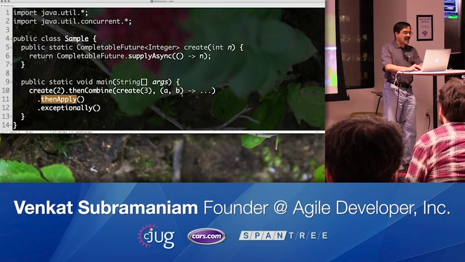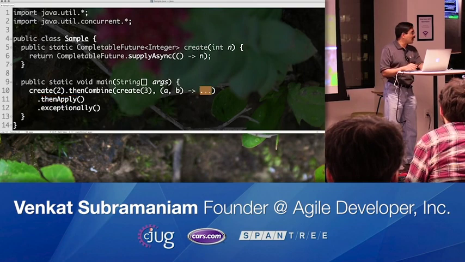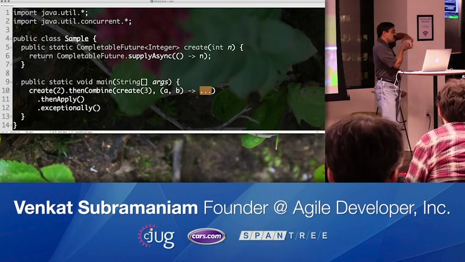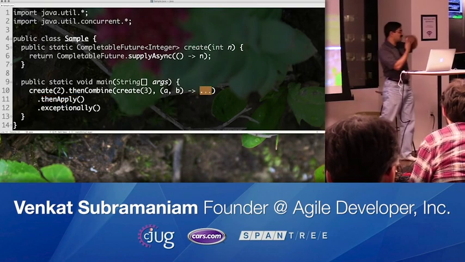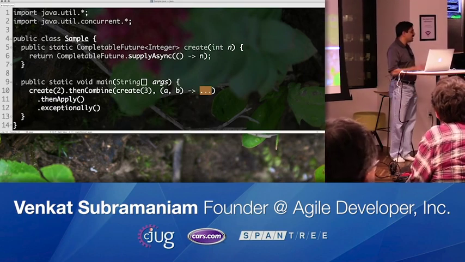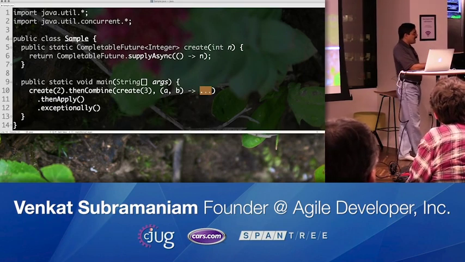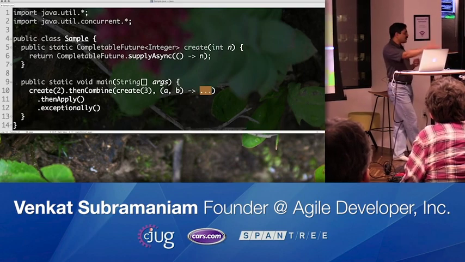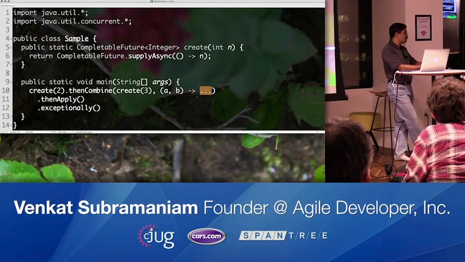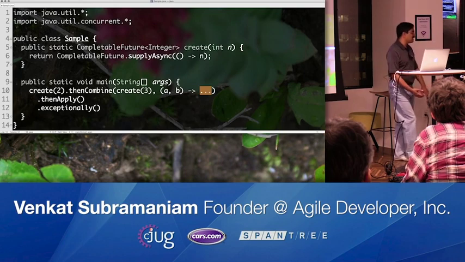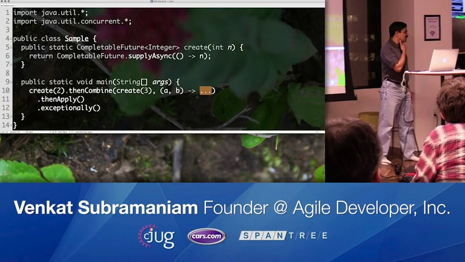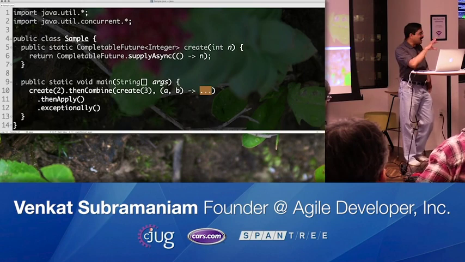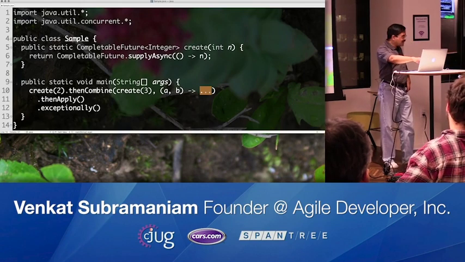You can put a try-catch inside one of the computations, but that's within the block. And whatever happens within that, that's an encapsulated piece of code. If your catch suppresses everything and returns a result, then you are resolving. If your catch in turn blows up, then it becomes exceptionally at that point. So the try-catch can only be within these stages. You cannot have a try-catch across.